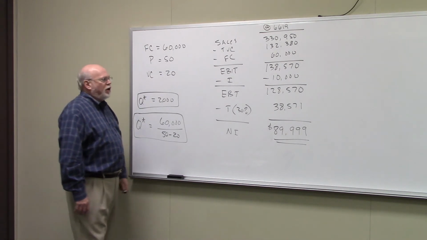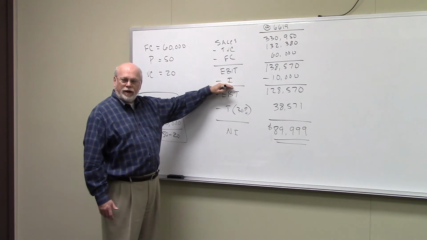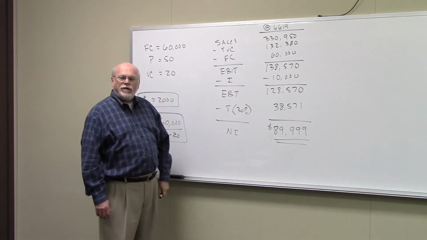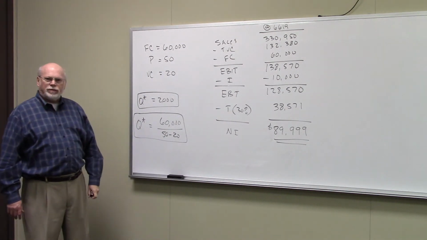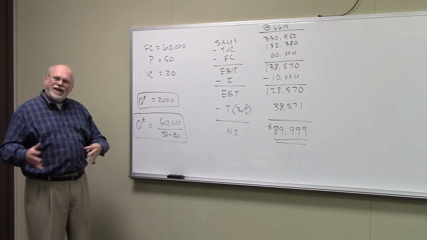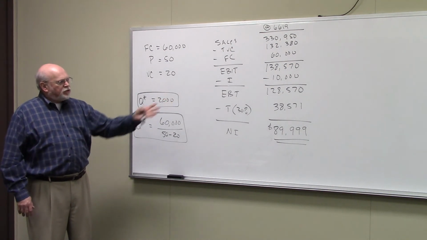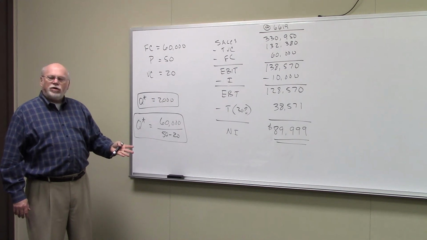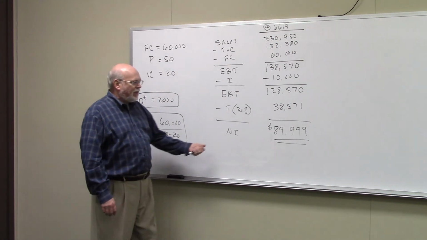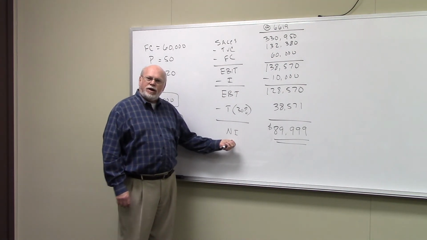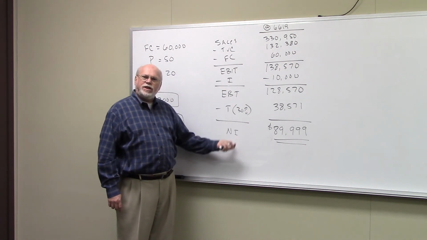$138,570. From that, we would subtract the interest we owe to the bank, our interest expense, and that would give us taxable income of $128,570. The government, the state, and the Fed is going to take about 30% of our income. 30% is $38,571 in taxes that we owe, and that's going to leave us with exactly $90,000. Indeed, we have a dollar's worth of rounding error here,